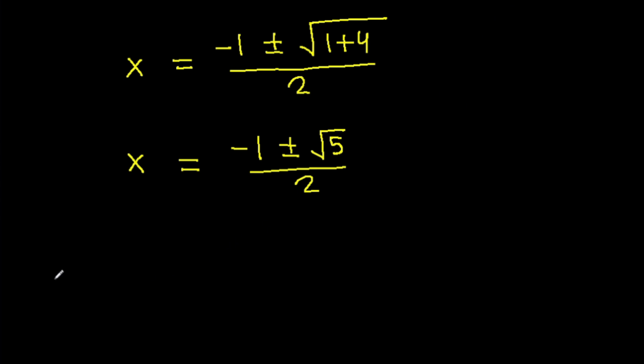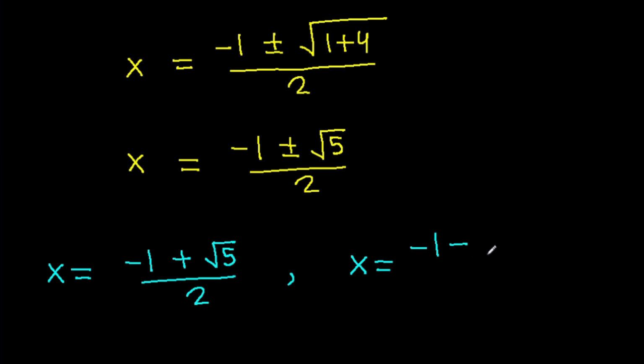So we get X is minus 1 plus root 5 over 2, and X, it is minus 1 minus root 5 over 2,